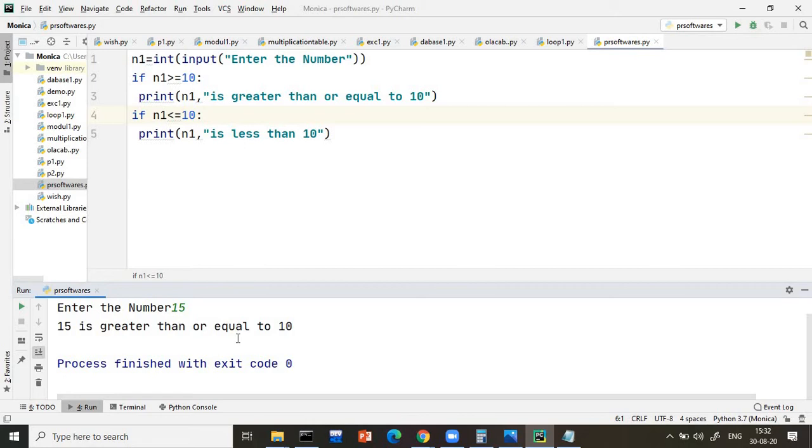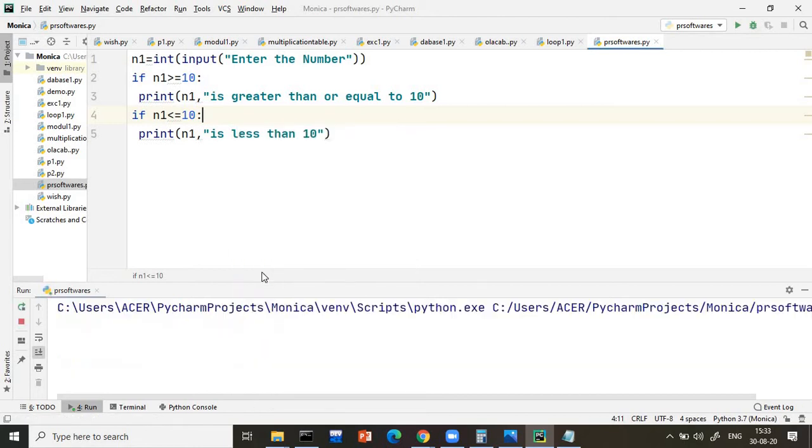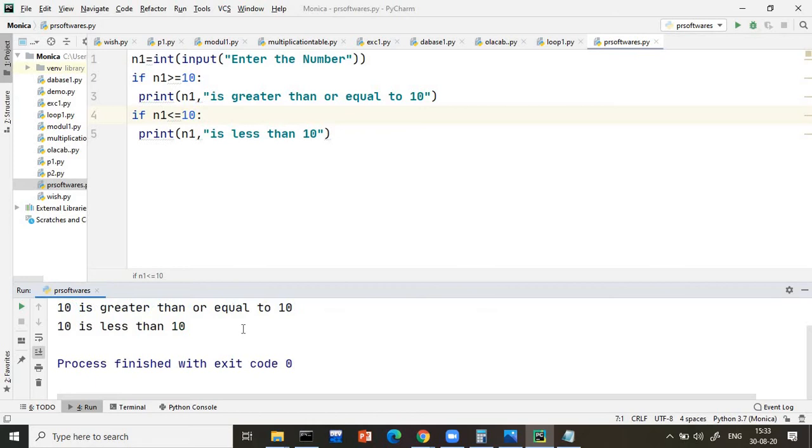But the problem with multiple if statements is what? In certain situations when both conditions are true, both outputs will come on the screen. Observe very carefully here. Suppose I gave the value 10. I am getting both outputs again, because as per this, this condition is separate and that condition is separate. So whenever you have multiple conditions in a program, you can go for if. But in that case, every if condition is separate from the other conditions.